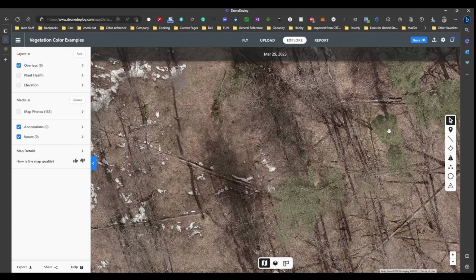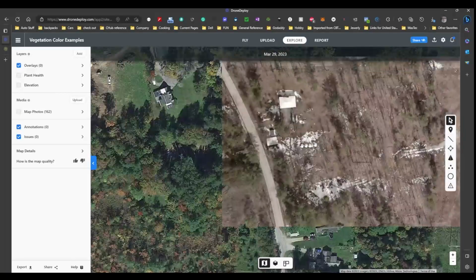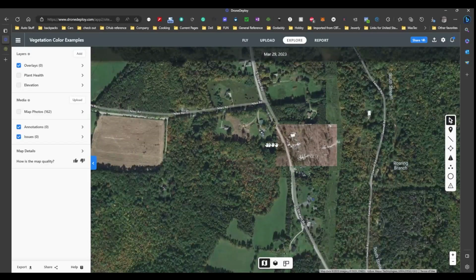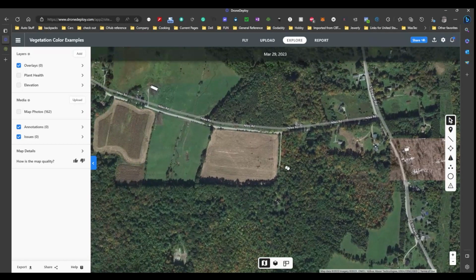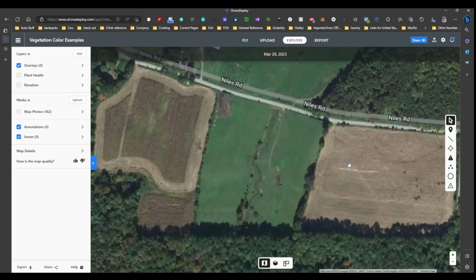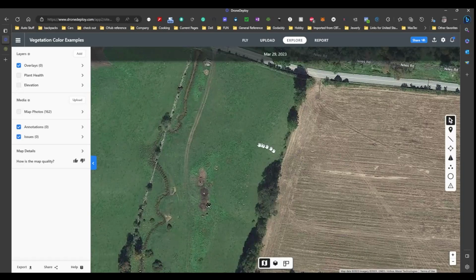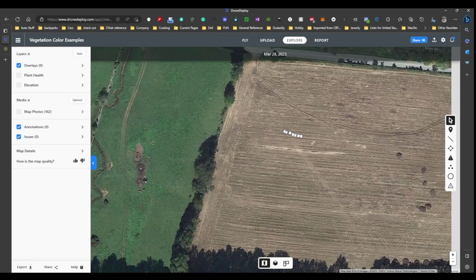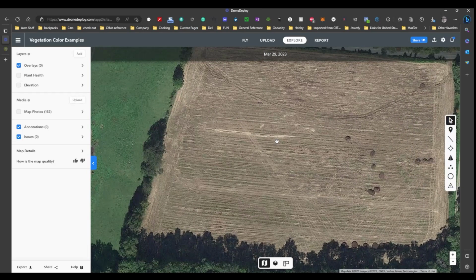Doing a field where crops are much lower and there aren't as many trees around, for example, allows me to fly at a much lower height, which would allow me to get much more detail. So if you look at these areas out here that are farmland, you'll notice how easy it would be to fly over these areas and get fantastic images of the crops from a height that would, one, not damage the crops or be in the way of the crops or interfere with them in any way, but at the same time, still allow us